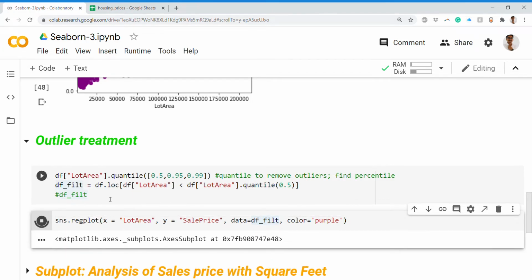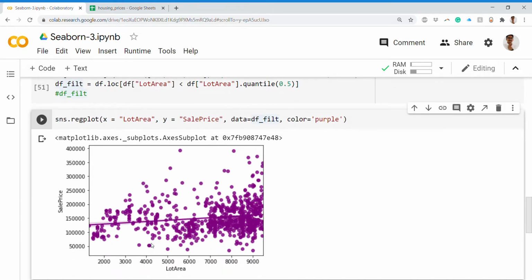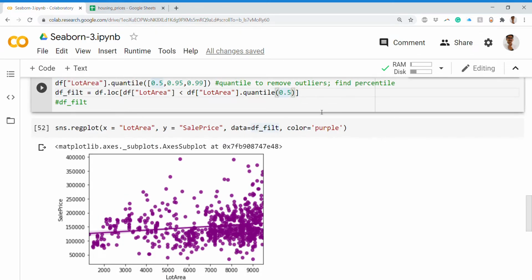And if I just run this, I see that for the 50th percentile, most of the points are passing through this. In the initial part there is much dispersion, but towards the end you can see there are points having more variation in that particular axis. But our point of discussion is not the 50th percentile. As we mentioned, we want the 95th percentile.